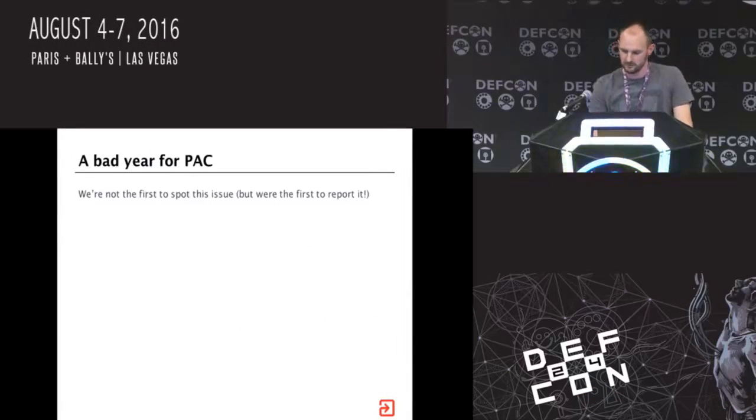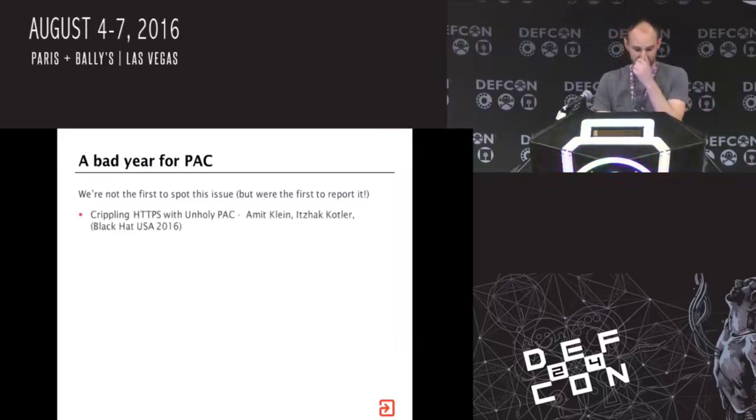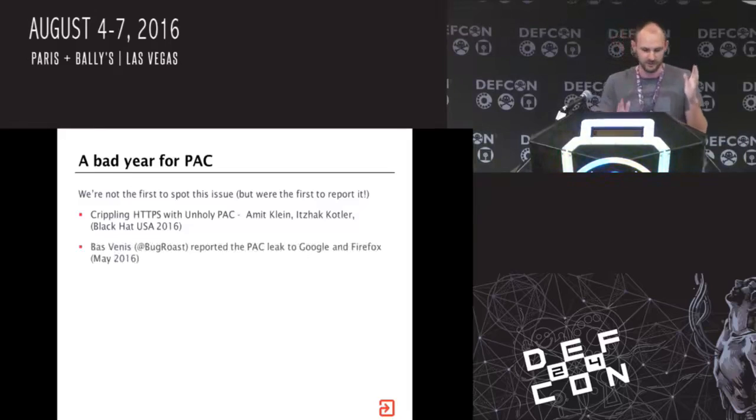How long have we got? Running through two minutes. So we're actually not the first people to spot this issue, but we were the first to report it. There was a talk at Black Hat this year, literally last week, on this exact same issue. The guys didn't report it to any vendors for some reason. Bas Venice reported this issue to Google and Firefox literally two weeks after we did.